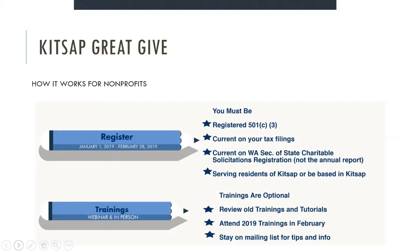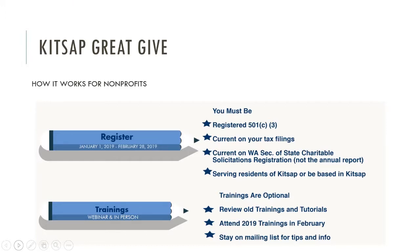How it works for you. You have to register. If you do not register, you cannot participate, and you have to register before February 28th. So if you call us on March 1st, that's too late because we have to put the cutoff in, and